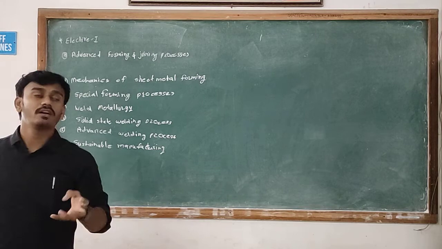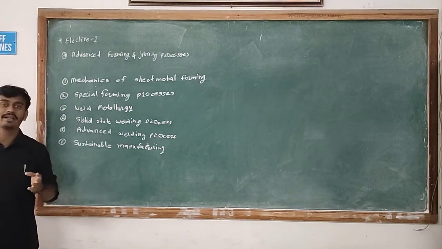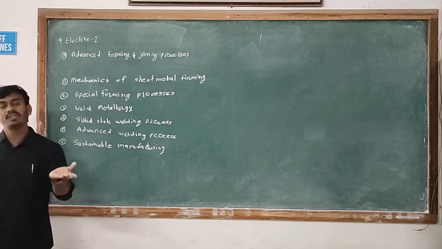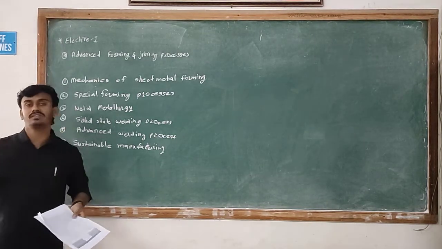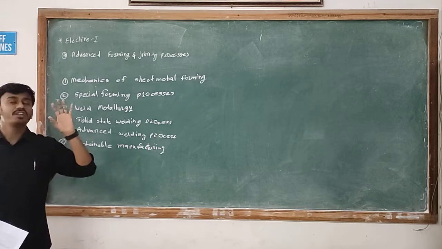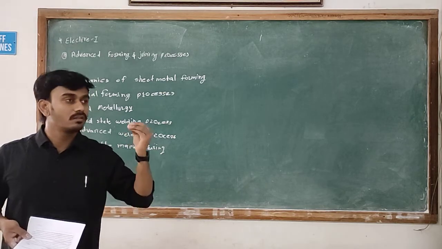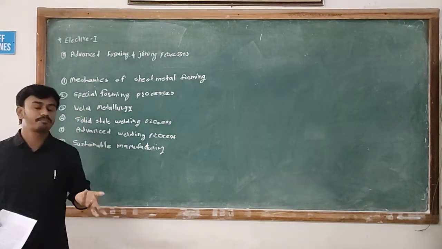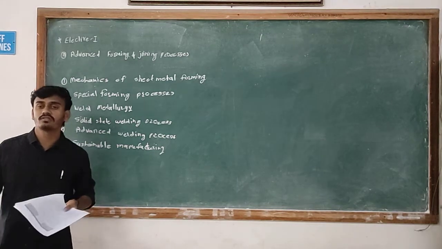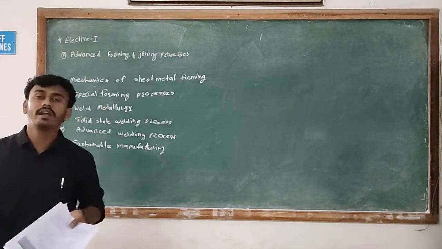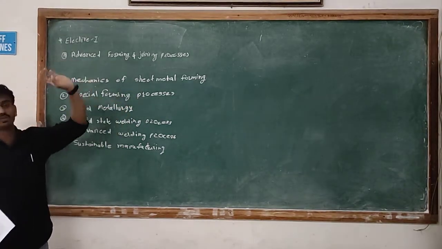When we convert our sheet, we call the sheet a raw material, and when this sheet is converted into the final product by using any forming process, how much force is required, of which type, and if friction is present, how will the friction affect the force? How much energy will be wasted in the force? All these things we will discuss in our first unit.